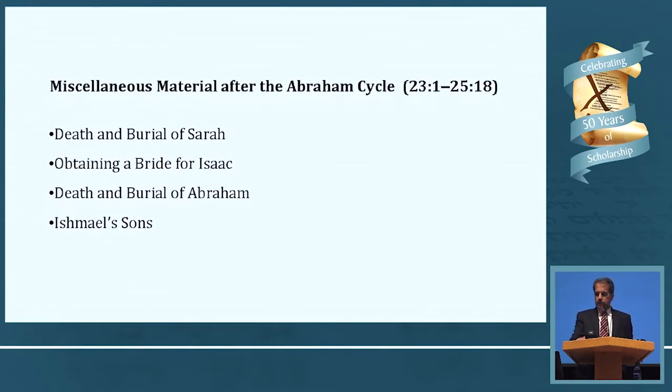After chapter 22, there is still more material about Abraham. It's not that he dies at the end of chapter 22. If you know the book of Genesis, right, you have in chapter 23 the death and burial of Sarah. You have the obtaining of a bride for Isaac in chapter 24. Abraham's death isn't until chapter 25. But I exclude them from the Abraham cycle because they are miscellaneous material. And I remind you that they are to be excluded because the last time God speaks to Abraham is there at the end of chapter 22. This is just closing, winding up affairs for Abraham, and they are excluded from the Abraham cycle in the way I have